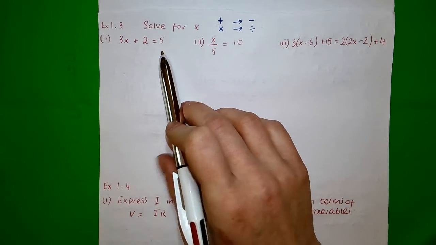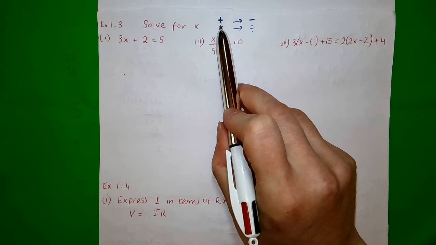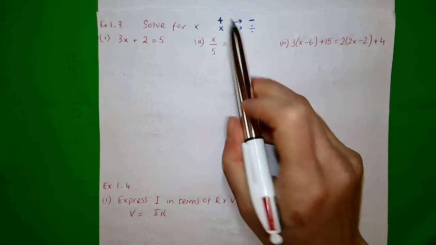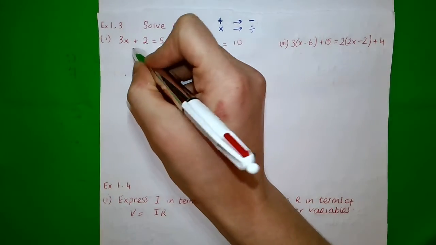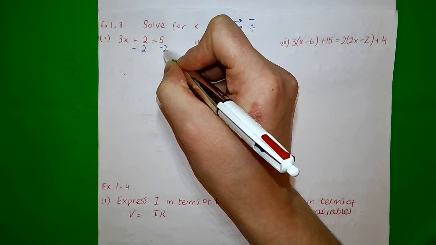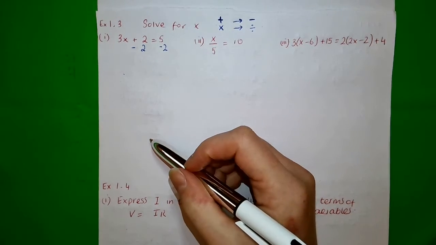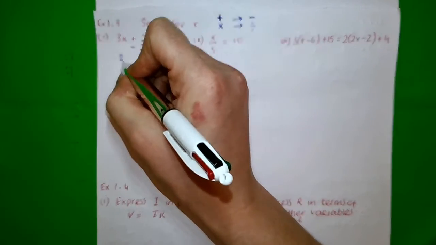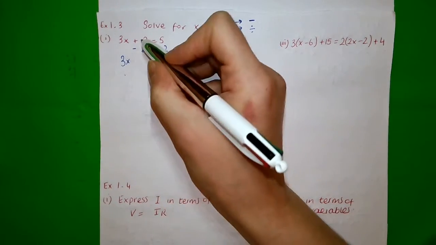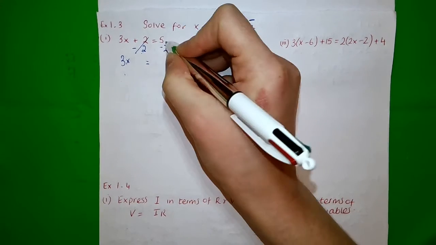Okay, so the main thing that we need to get rid of here is this plus 2. That's our first problem. Okay, so remind yourselves that the opposite to plus is minus, so to get rid of this plus 2, we're going to take 2 away. Okay, and whatever we do to one side, we must do to the other to ensure that the equation stays balanced. Okay, so we have 3x now, 2 minus 2 is 0, okay, and then that's equal to 5 minus 2,